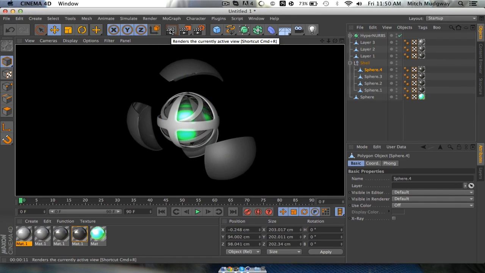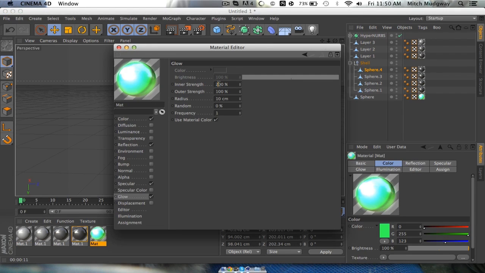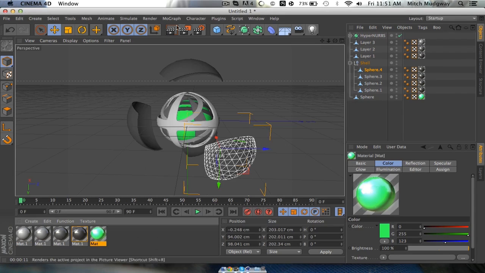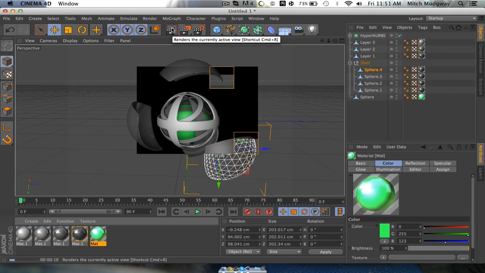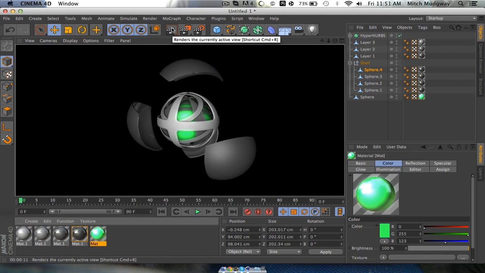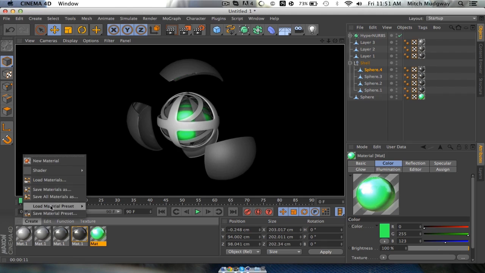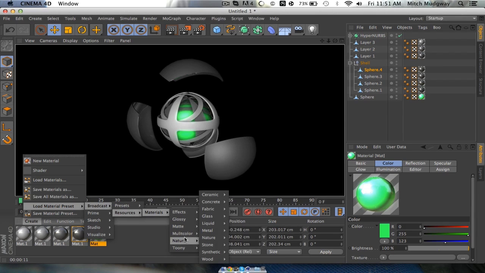And there we go. So we've got a nice little glow in the middle. Probably still a little bit too strong for my liking, so I'm going to change that down just a pinch, and we'll just try that again. Cool. So I like that. That's a lot nicer. What I'm going to do is, I'm not liking the light grey on the top layer, so I'm going to go to create down by the materials and go to broadcast, resources, materials, and then we'll go natural, metal,